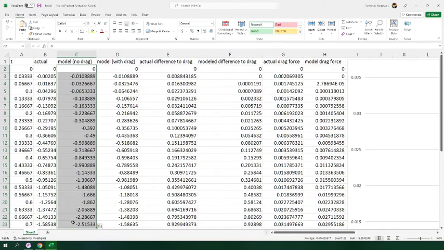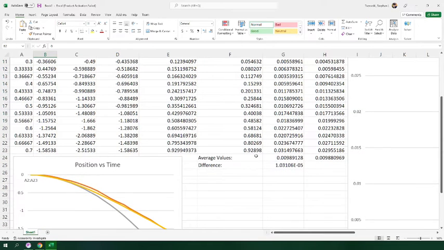And it's a bit of a backwards calculation, and to be honest, for the model data, I could have easily just used the GlowScript data, but I wanted to stay consistent with the way I found the drag for both the experimental and the model data. And also I wanted to be able to use the values in the code as a reference to check my work. And so when we go down here, I calculated the average values of each of them